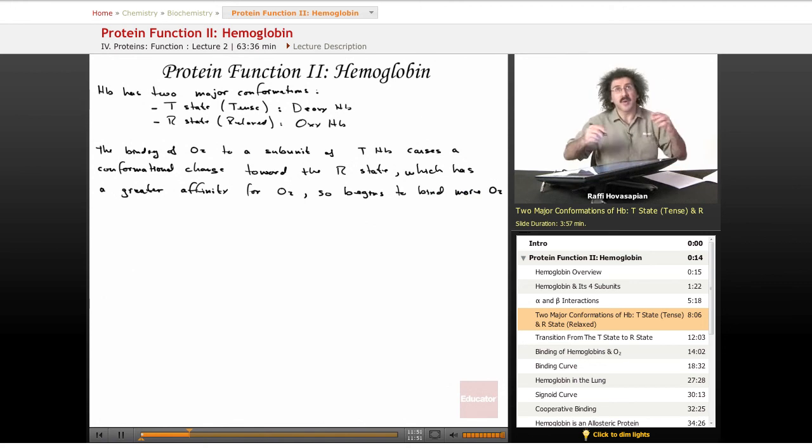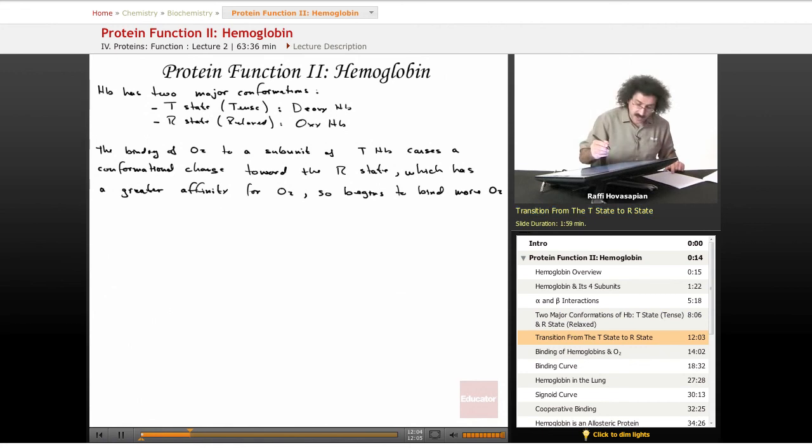And the more O2 it binds, the more it wants to bind. That's this sort of domino effect, if you will, of this thing called cooperative binding, which we'll talk a little bit about later. Okay, so now